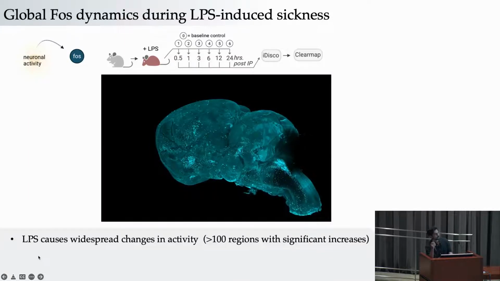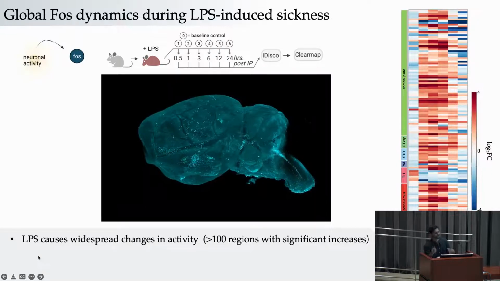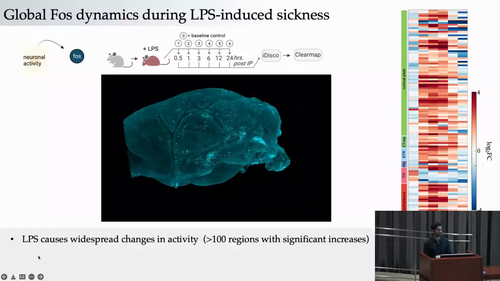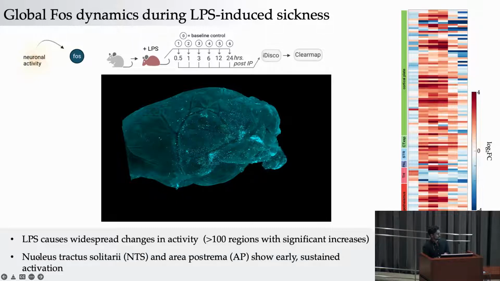And we could really quantify this across different times to start to look at the global response. And what we could see is that there's a peak in the response at 3 to 6 hours that abates by a day, fairly well correlated with behavior. And what we were really excited by was seeing that 2 regions in the brainstem, the nucleus tractus solitarii that we've already heard about, the NTS, and area postrema, were activated early and had really potent sustained